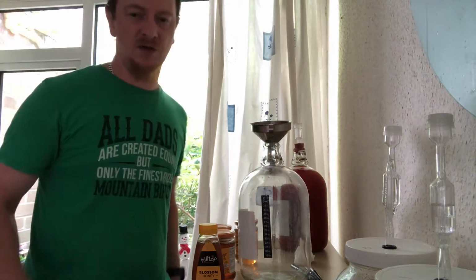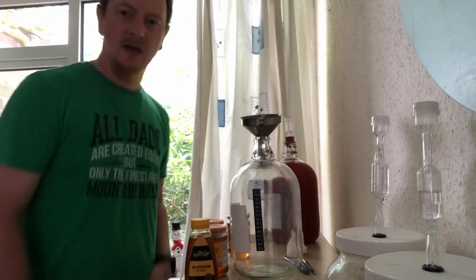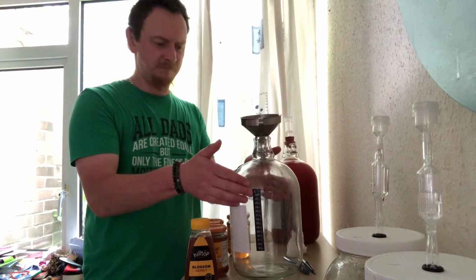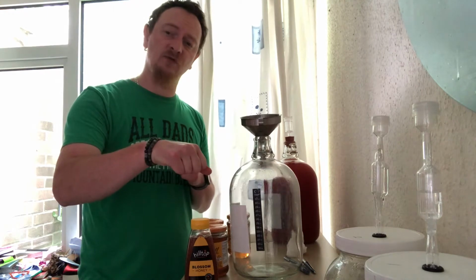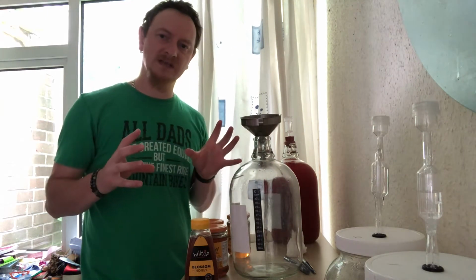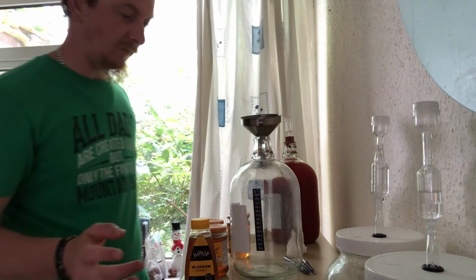But this isn't an ordinary mead brew. What I'm going to do is add the honey into this, pour water onto it, and then pitch yeast. I'm not going to mix it. I'm not going to do anything. The theory behind this is because